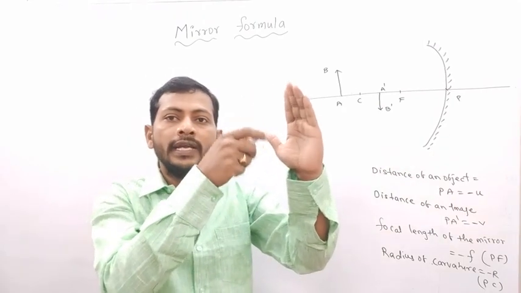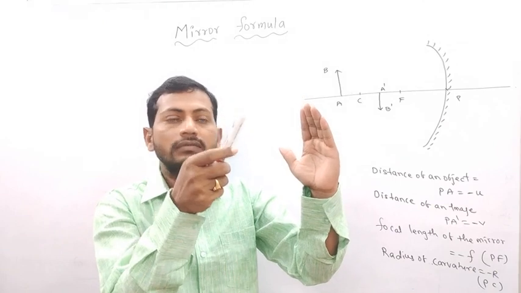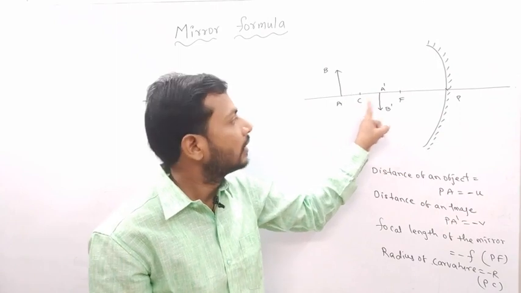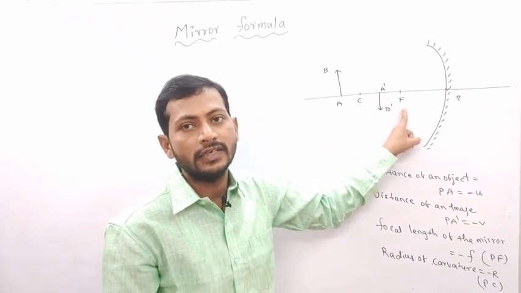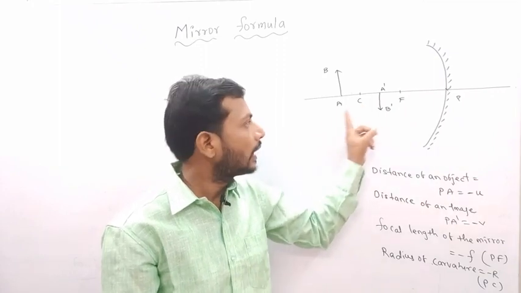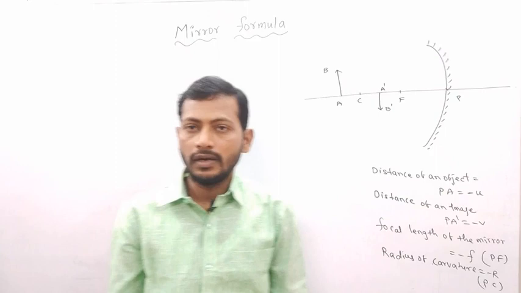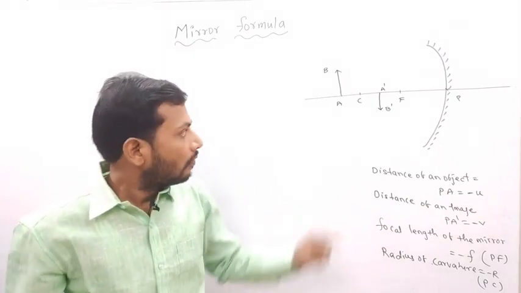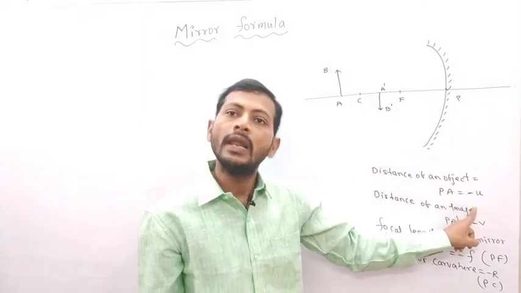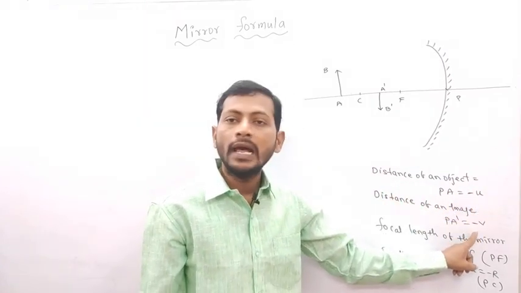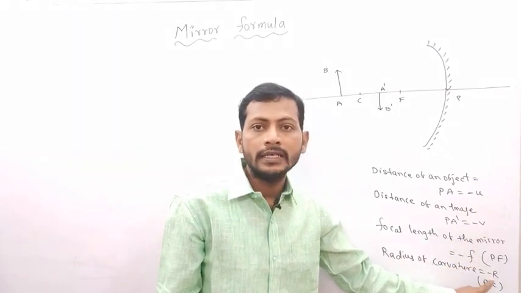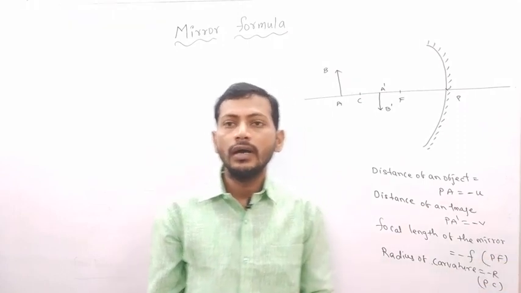When you decrease or increase the curvature, the size of the sphere changes, then the radius changes, then the focal length changes. These do not depend on our object. That's why I said these terms belong to the mirror. So now, which term belongs to the object? Sir, the distance of the object, U, belongs to the object, V belongs to the image, and F or capital R, the radius of curvature, belongs to the mirror.